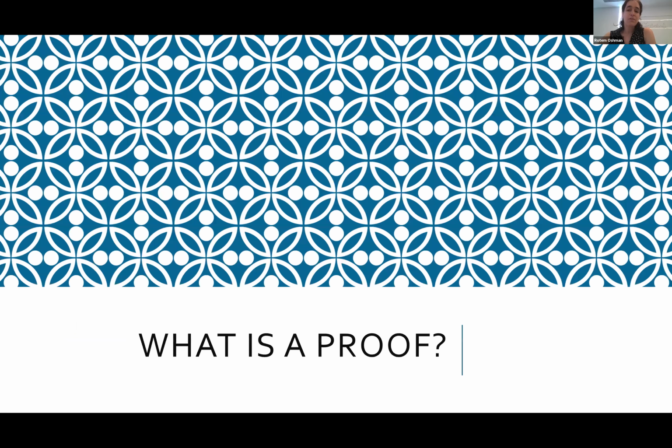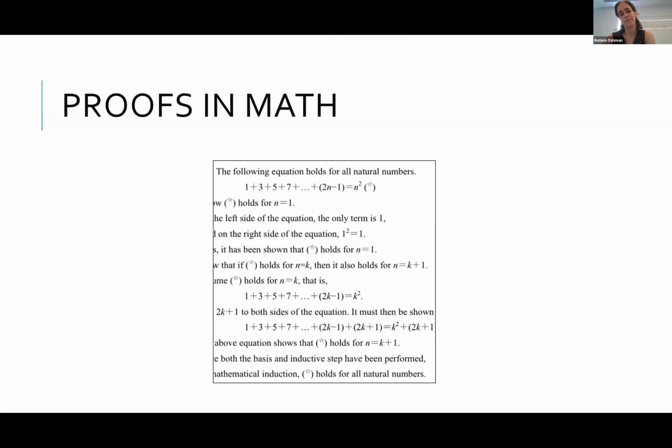So let me start with what is a proof in general when we are talking about proofs in computer science. So we all know what proofs are in math, right? A proof is something that you write down on a piece of paper, or possibly many pieces of paper. And after you've written the proof, you go away. And the proof contains everything that is needed to verify the truth, the validity of the statement that you